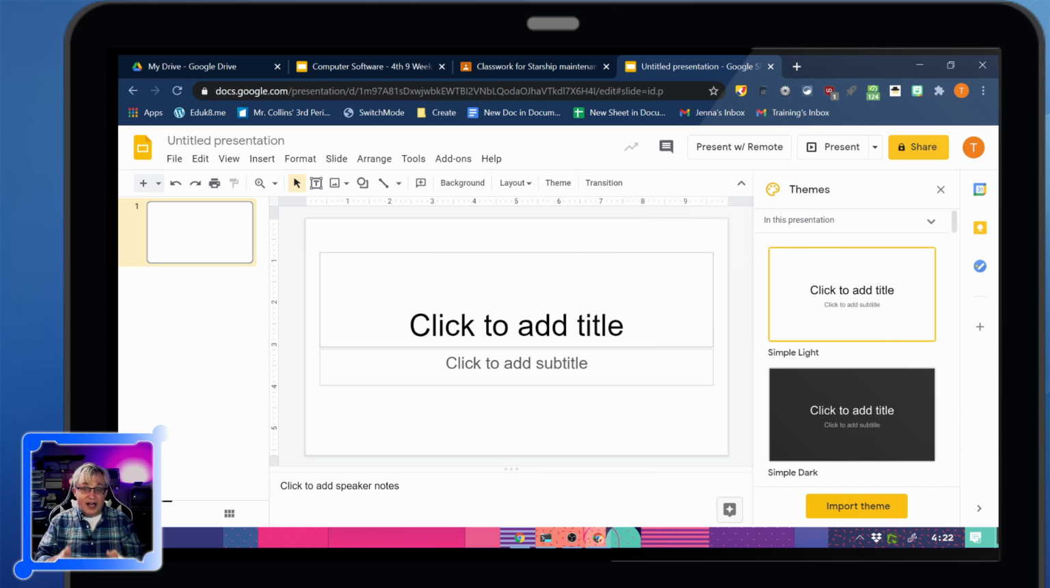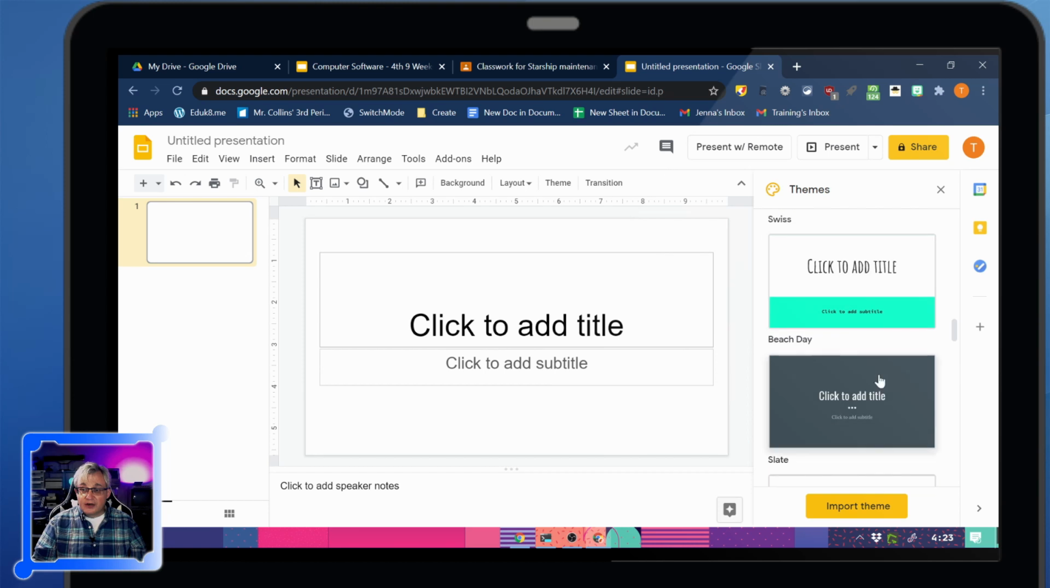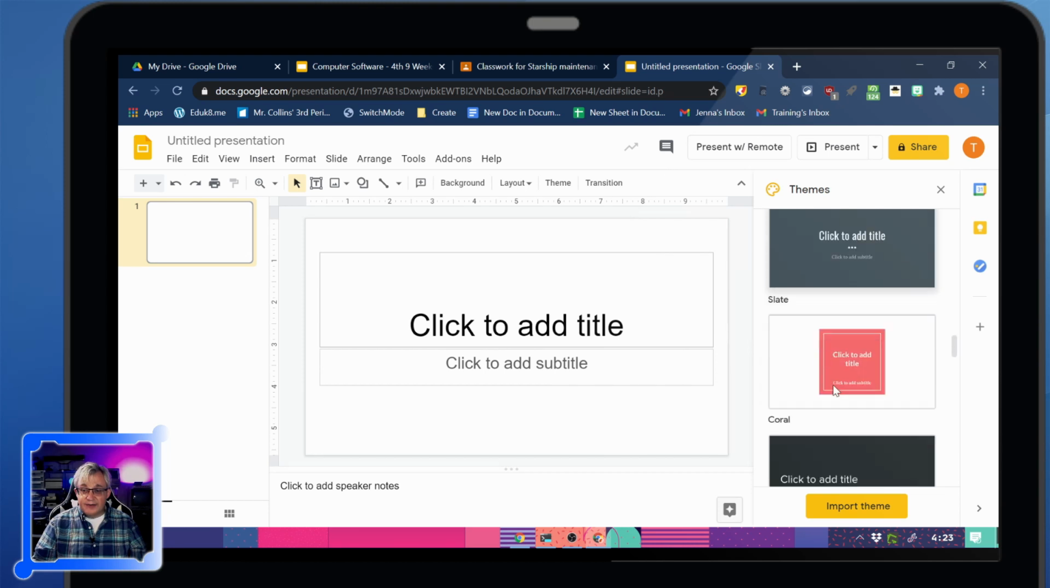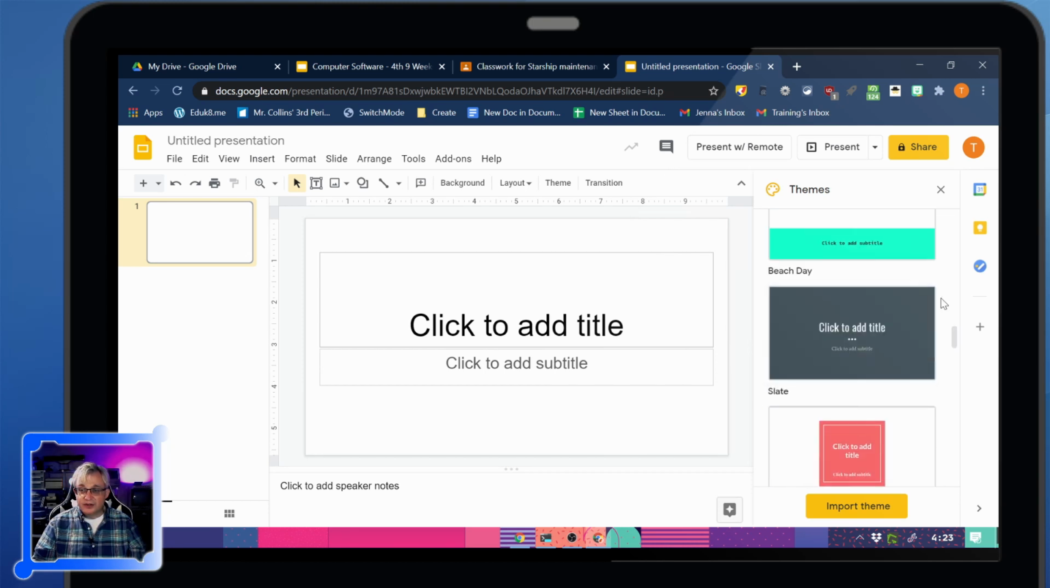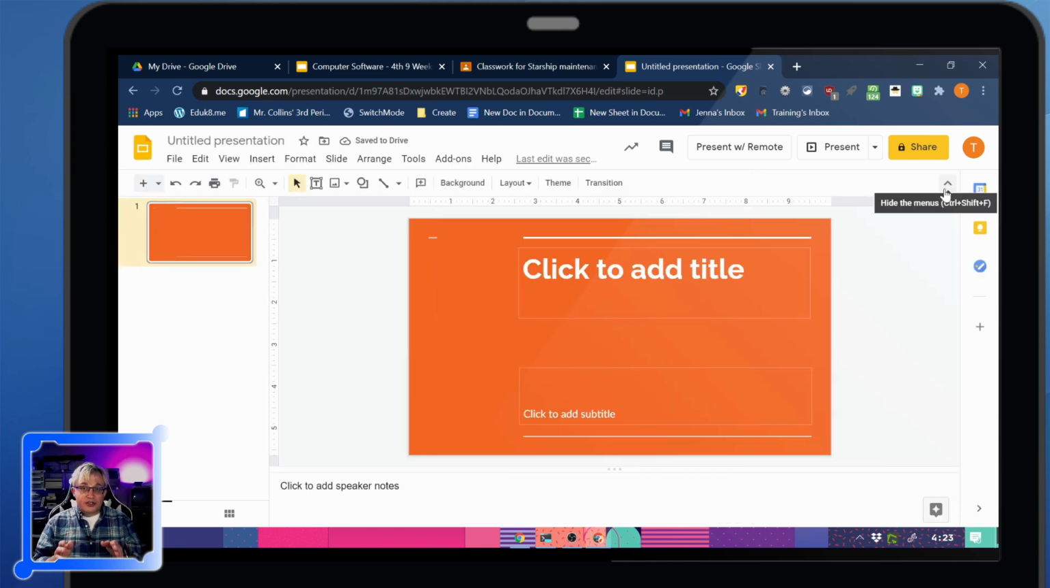This is my drafts lesson plans. No one sees this but myself. So you'll want to click on a nice theme that you're going to want to use. I'm going to use this orange one. We're going to